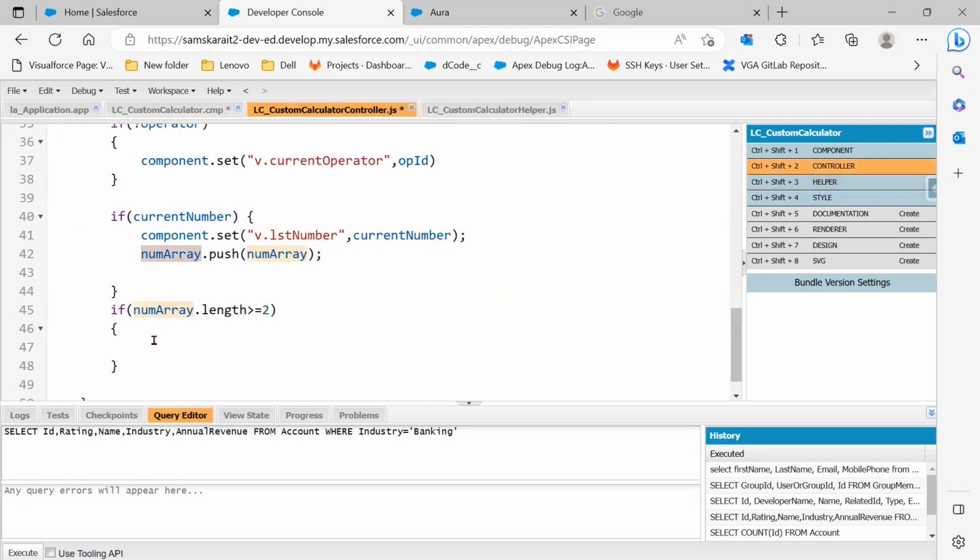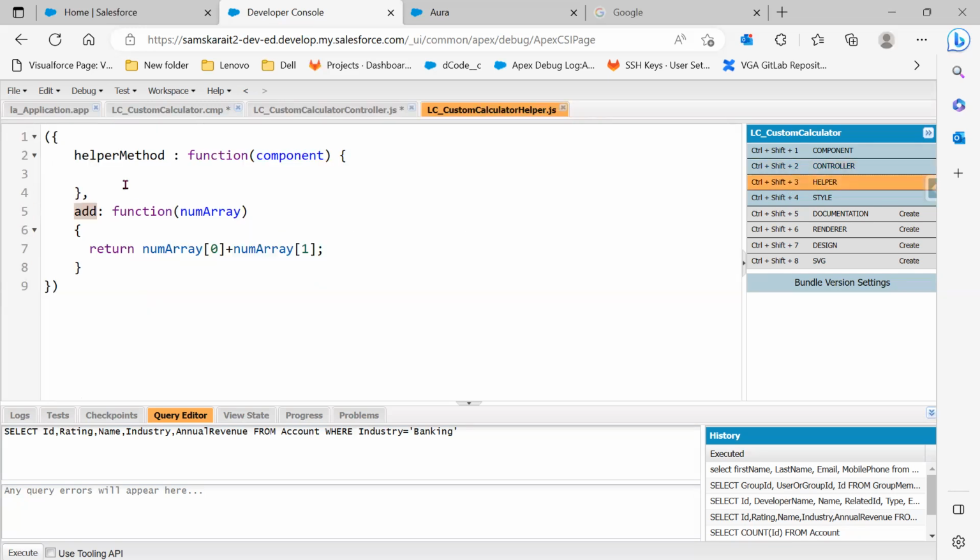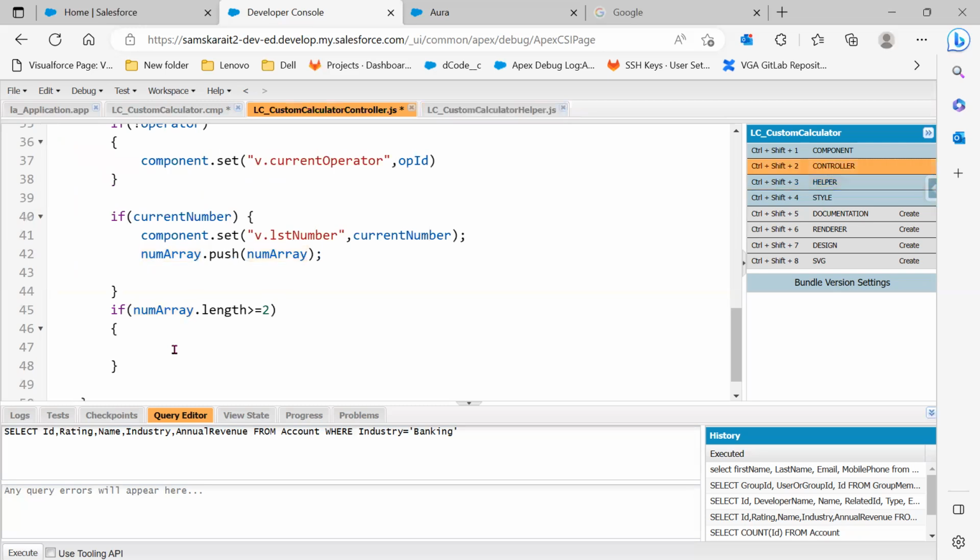Either I can call it directly from the controller, or I can call it from here. Let's say I want to call it from the same helper. Then I need to use this dot add, and pass the component and a parameter called num array. By passing this, it will call this. Now this needs to be written back to the controller. Whenever the num array length is greater than or equal to 2,